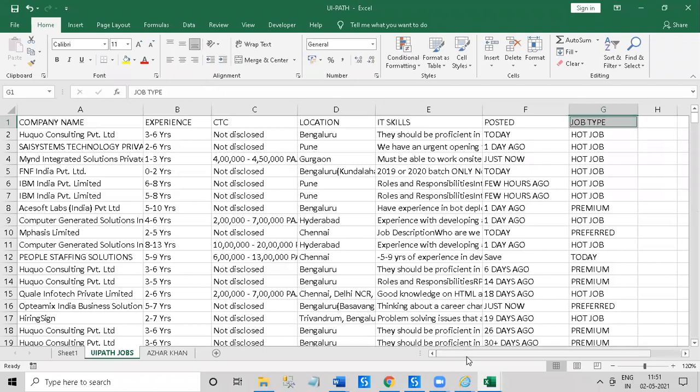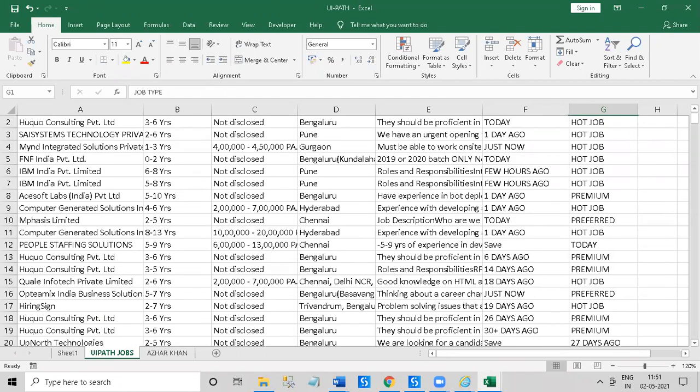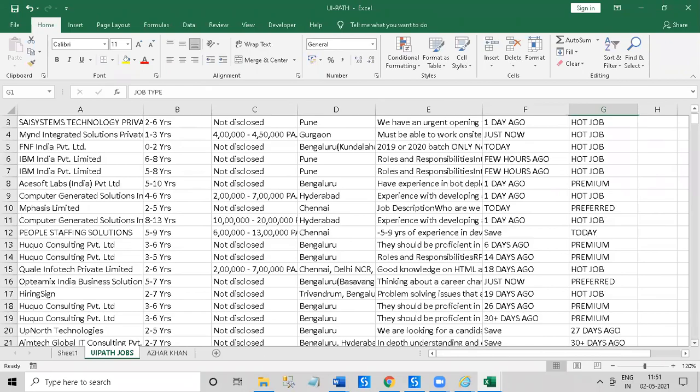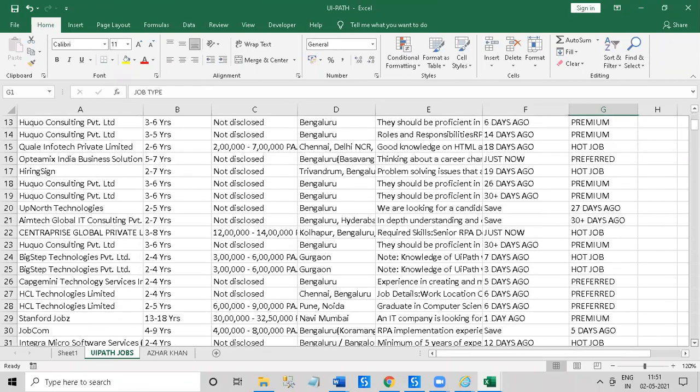I have automated the Naukri.com website using a bot, and within 5 minutes I exported all the data of the UiPath jobs present on the website. You can see there are a number of UiPath jobs. You will get numbers of calls once you complete this training.